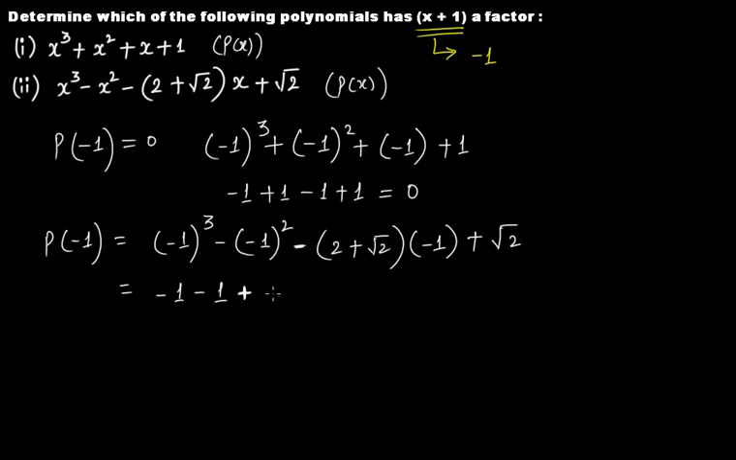So plus, and then you have 2 and plus square root 2. We have simply opened the bracket. Okay, now this becomes square root 2. Okay, this becomes square root 2. Now this is minus 1 and minus 1, that is minus 2. Minus 2 plus 2 is 0, and then you have square root 2 plus square root 2, that is